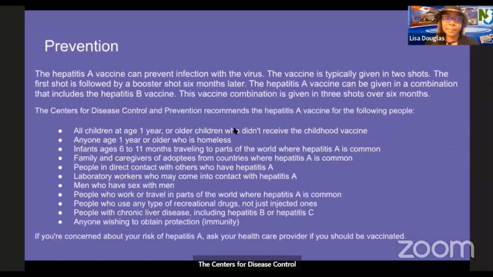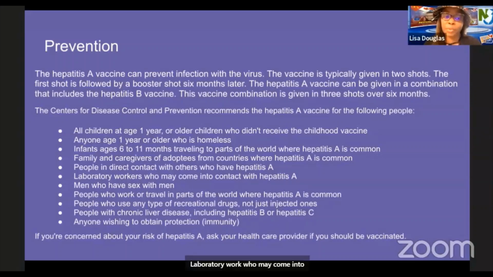Prevention. The Centers for Disease Control and Prevention recommends the hepatitis A vaccine for the following people: all children age 1 year or older, children who didn't receive the childhood vaccine, anyone age 1 year or older who is homeless, infants ages 6 to 11 months traveling to parts of the world where hepatitis A is common, family and caregivers of adoptees from countries where hepatitis A is common, people in direct contact with others who have hepatitis A,